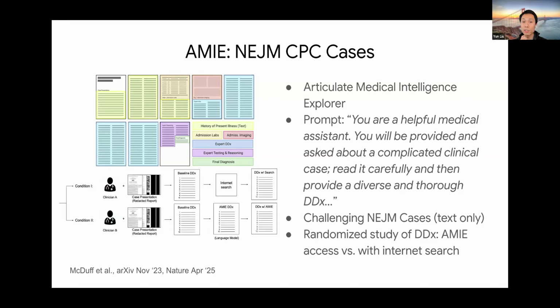And one source of challenging tasks for these models is to look at really reputable journals and look at hard clinical cases that they've put together. In this case, we looked at the New England Journal CPC, or clinicopathologic cases. This is a case series where they've put together challenging cases incorporating the patient's history, labs, testing, imaging, and a number of other things that were done for the patient. And at the end, there's actually a final diagnosis. But the goal here is to present a lot of information such that clinicians can look over it and learn from that case as an example of, in some cases, a very particularly complex diagnosis.